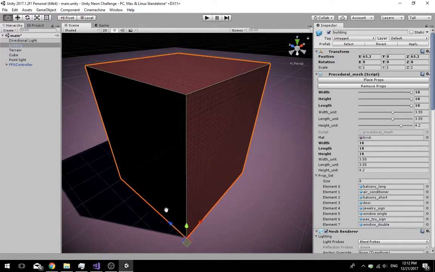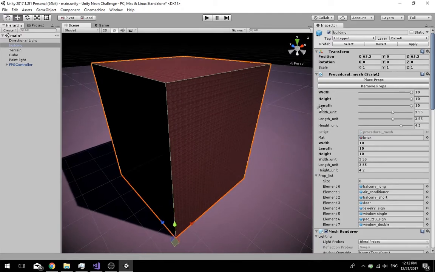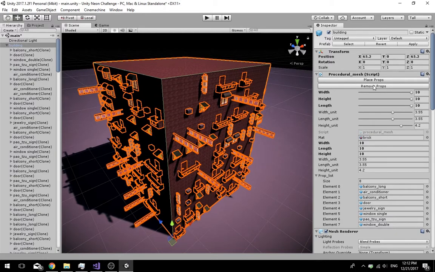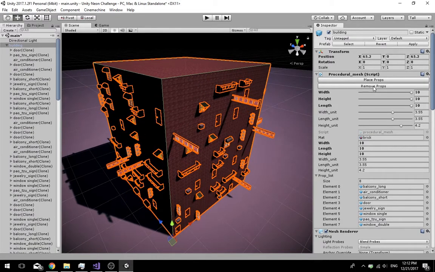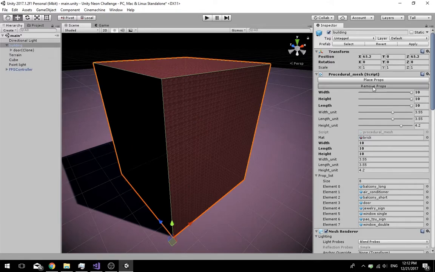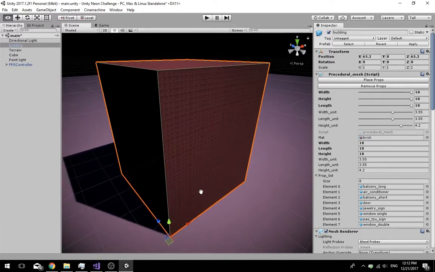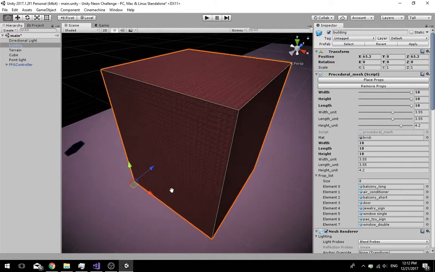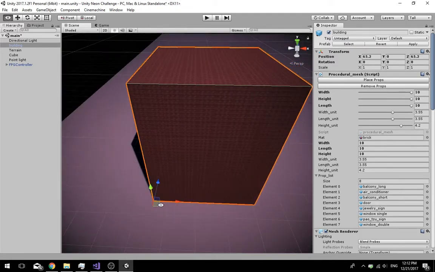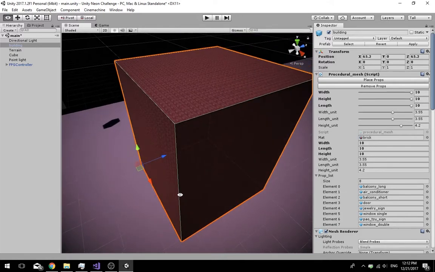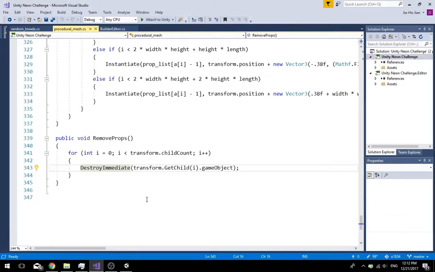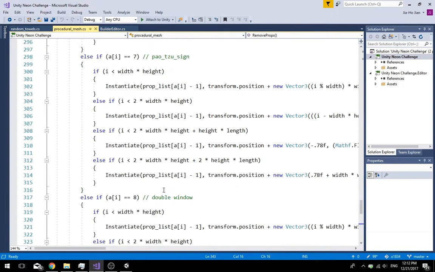But when I place a part and then I want to remove it, it only removes half of it each time. I don't know what is happening. So if you have the answer, you can comment below. Okay, and